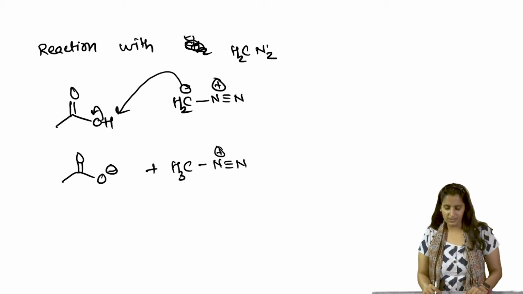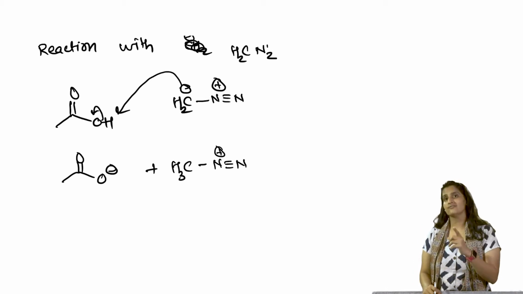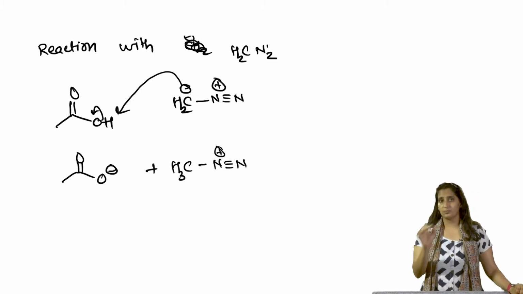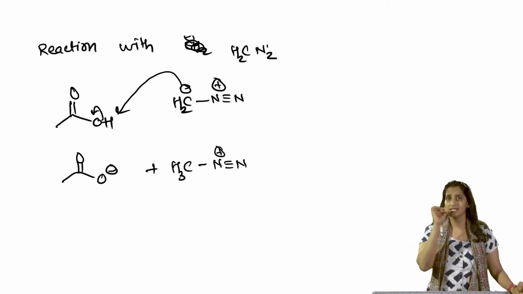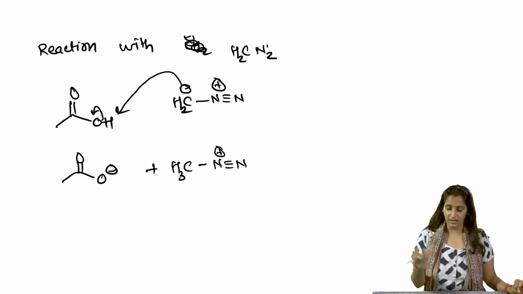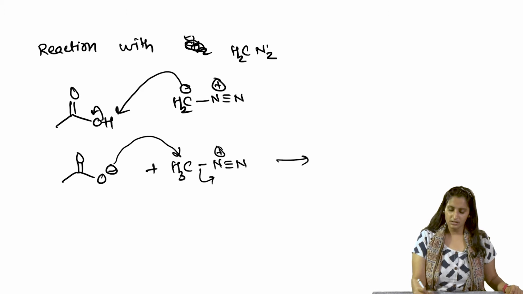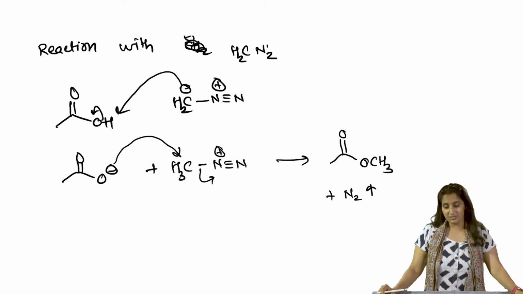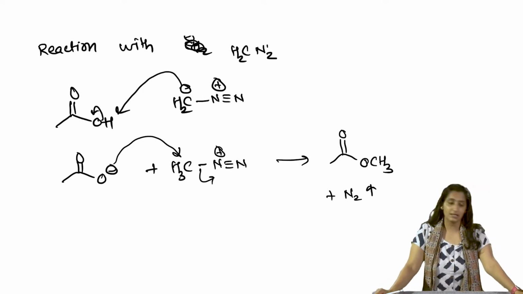Okay, now, what do we know about this molecule? This is a wonderful reagent for an SN2 reaction. Why? Because that nitrogen is a very good leaving group, because it is going to leave as a gas, it is a very stable leaving group, and you have the methyl, which is a perfect starting material for an SN2 reaction. And thus, what we see next is this SN2 reaction. So, what we form here is a methyl ester and nitrogen as the leaving group. Okay. Very clean leaving group, almost results into very good yield of the methyl ester.